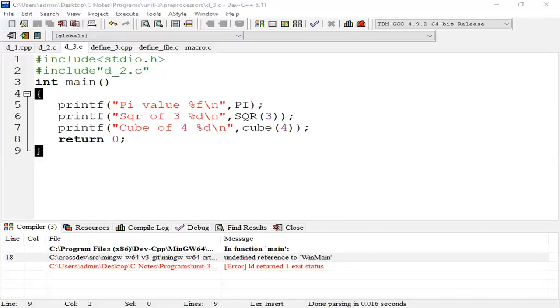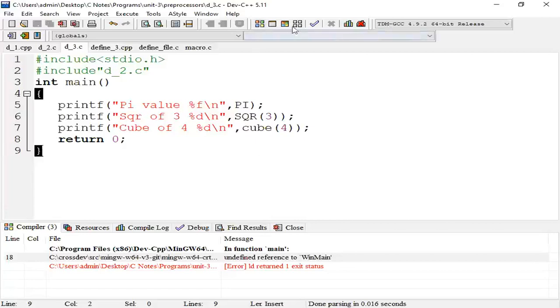So there are two types. First, we can access header files, which are defined by professionals and contain many functions, just like the macros. Next, we can access a previously defined file. That file must contain some macros or constant values, but not the main function. Then we can access it in the current program. We can finish our session with this discussion.